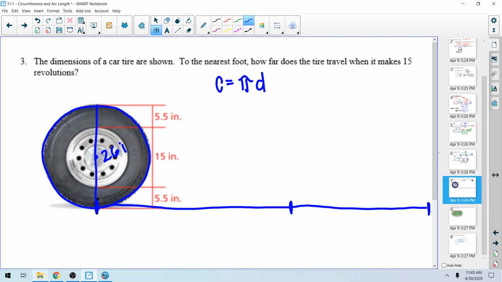Keep in mind, these are inches. So your circumference is going to be 26 pi, which is roughly 26 times pi, 81.6814